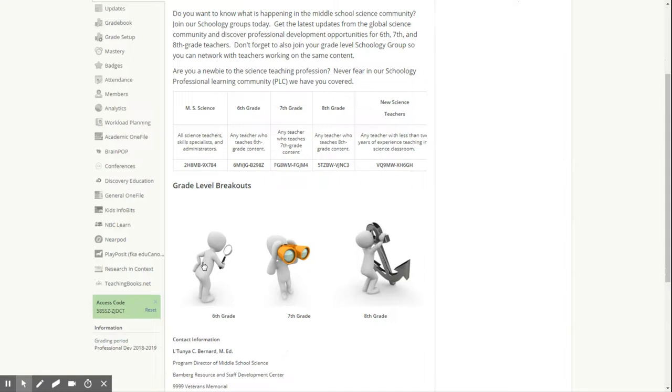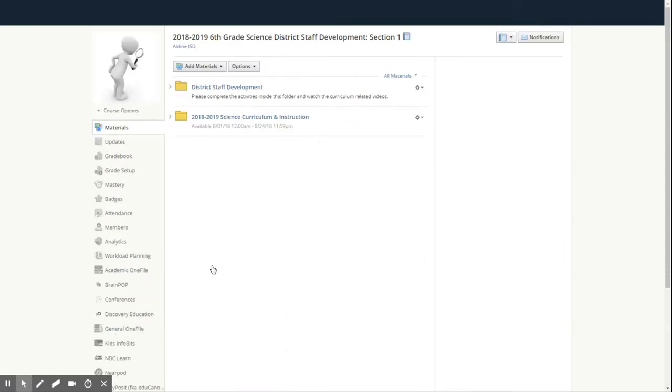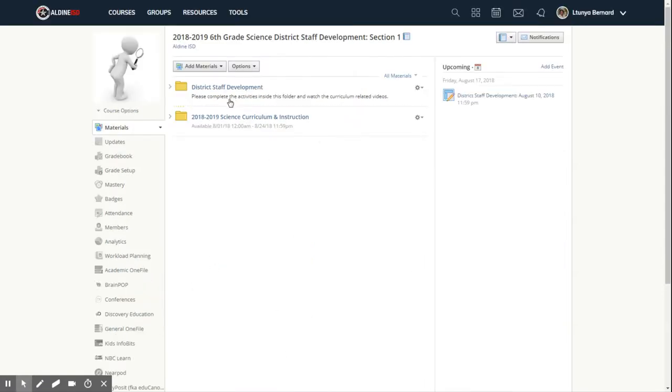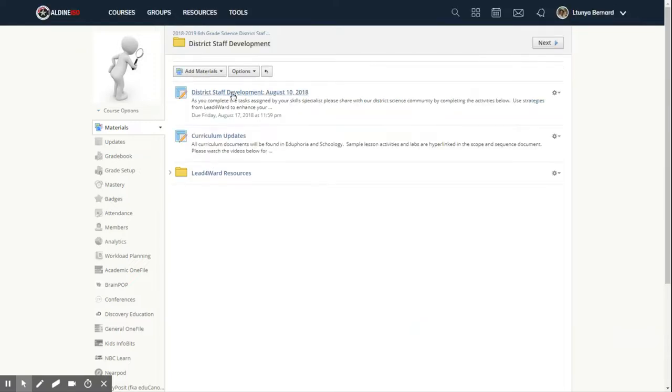So each of these little characters are linked to courses for the grade level. So if we click on the 6th grade course, notice there's a folder for district staff development, as well as a course for the 2018-19 science curriculum and instruction. That's mainly the curriculum. But let's look at the district staff development. So what I have here is